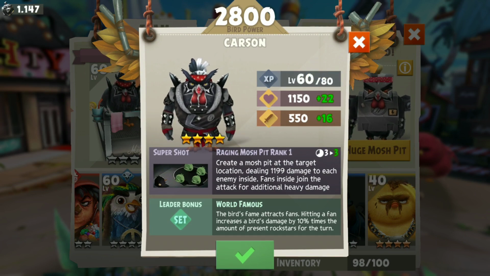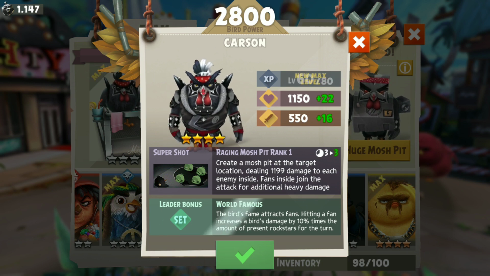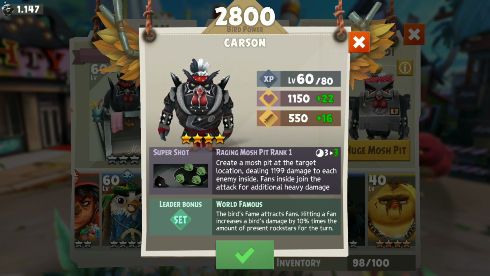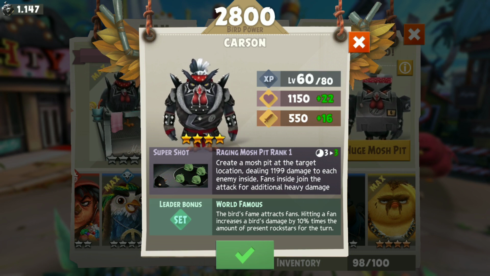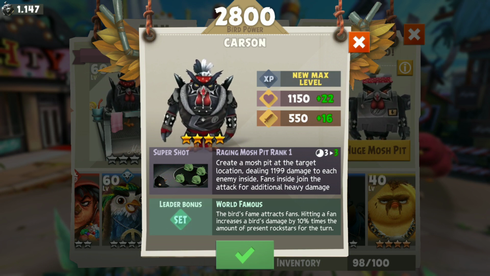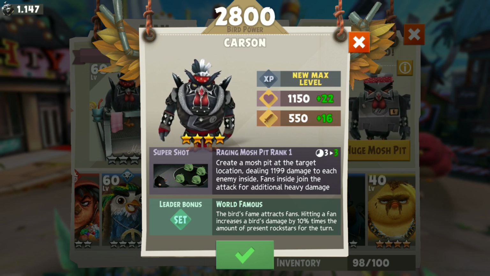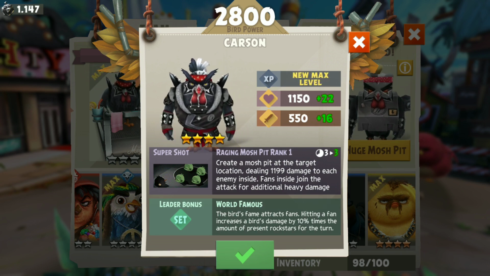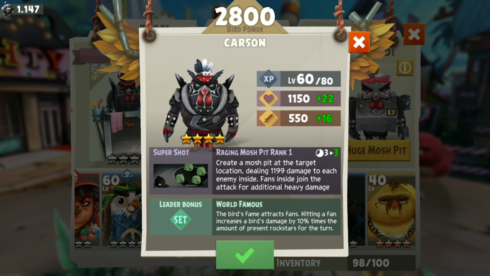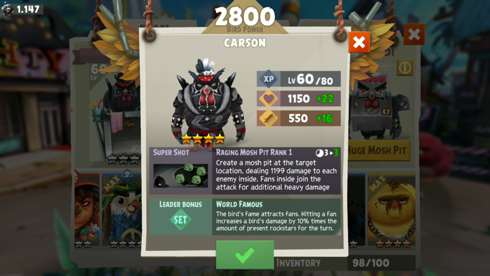Alright, as you can see, at level 60 evolution, Carson's cooldown remains the same. So it still stays at 3 turn cooldown. So that's kind of a bummer, but I have a feeling his cooldown will reduce to 2 once he reaches level 80 or level 100, either one of it. I do not have one at that specific level to confirm, so maybe I'll make another confirmation video in the